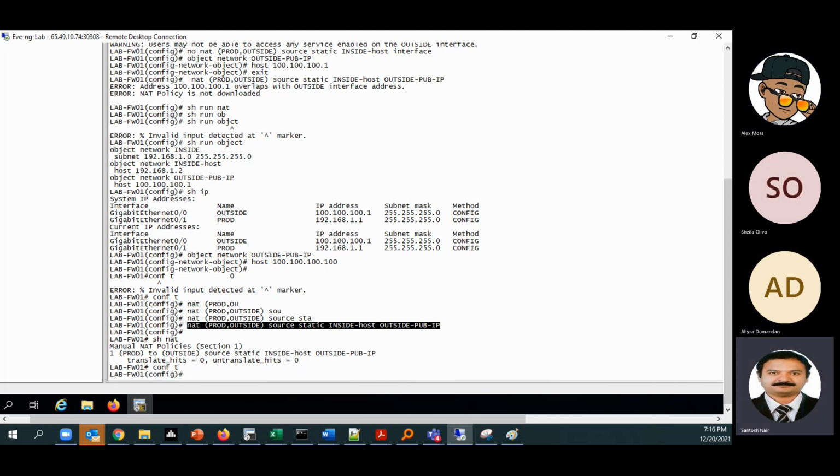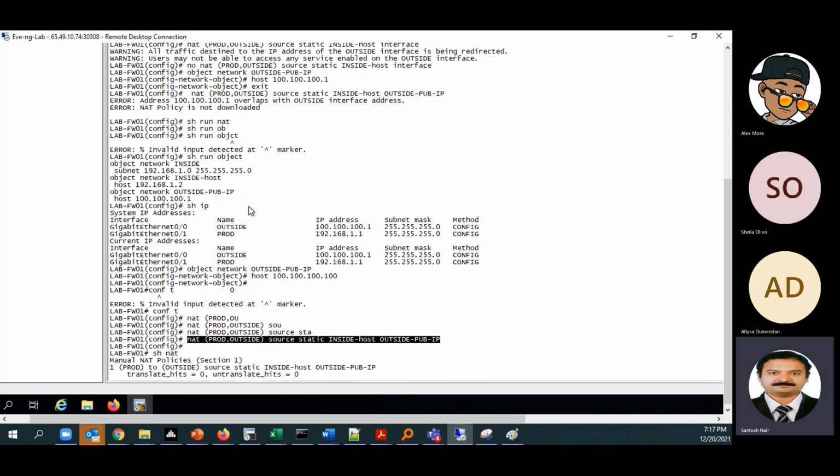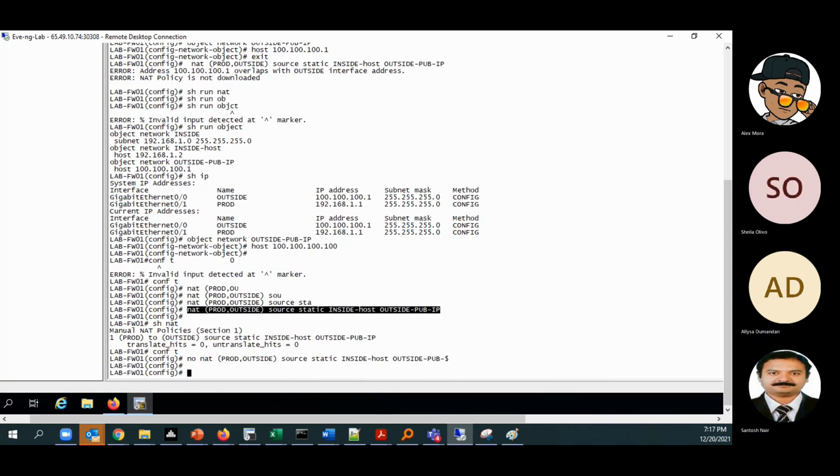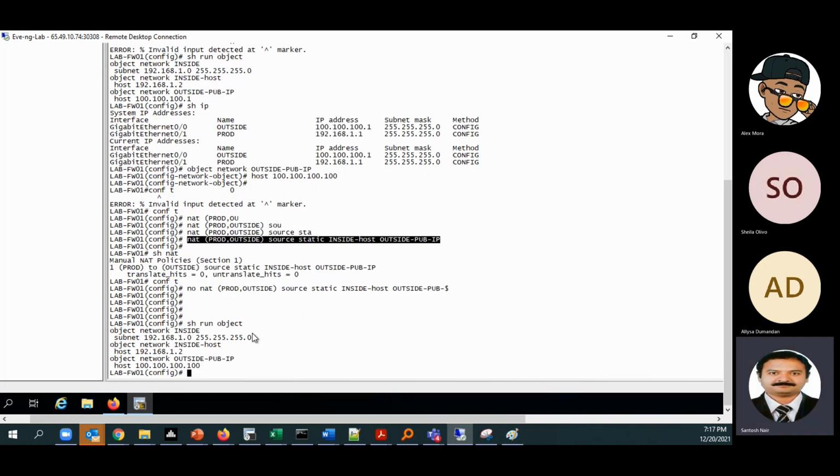Same thing we can do for dynamic NAT. Dynamic NAT we can directly do for the entire network. There was an object group that we had created for network actually. For an object, the object was inside. What we can do is now we are going to create a manual dynamic NAT, PAT basically. We are going to create a PAT.